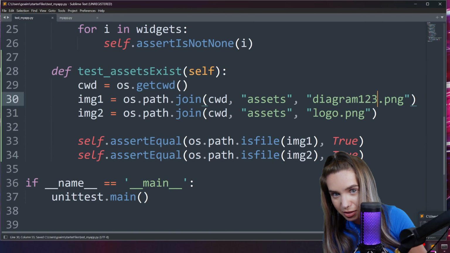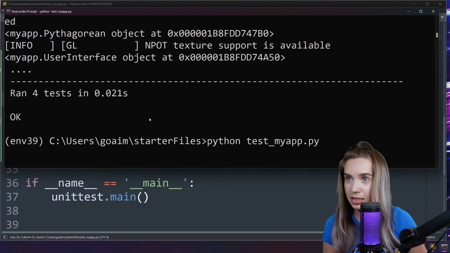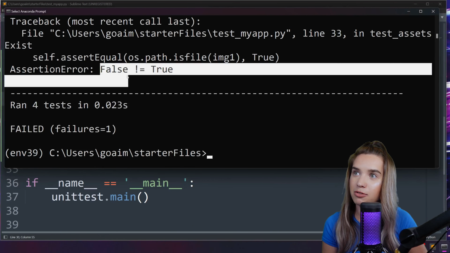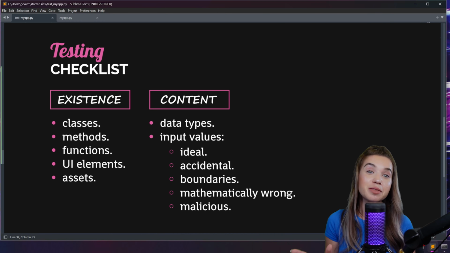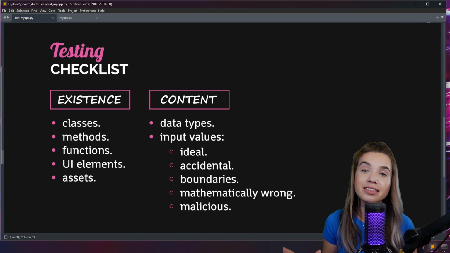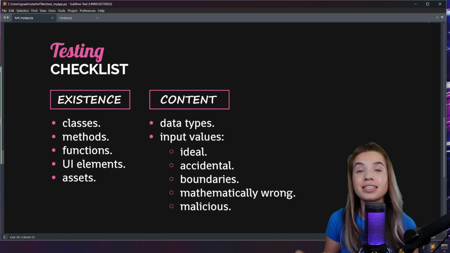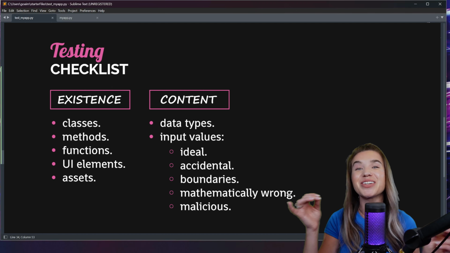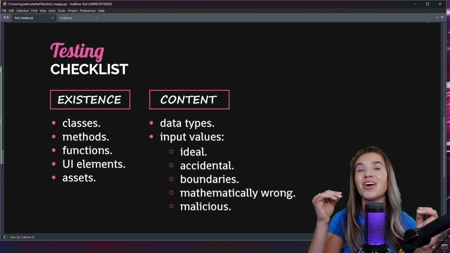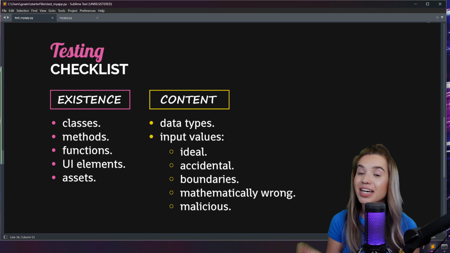Okay, let's try to pass our test again. Okay, and there you go. We fail because false is not true. Now, just because an element exists, it doesn't mean that it's the right element, and it doesn't mean that it works as expected. So in the next category, we will focus on the content of our elements,